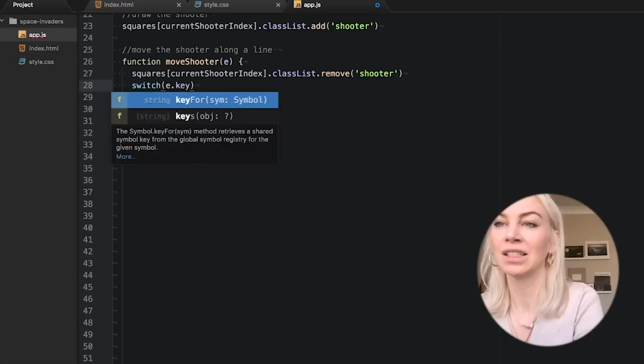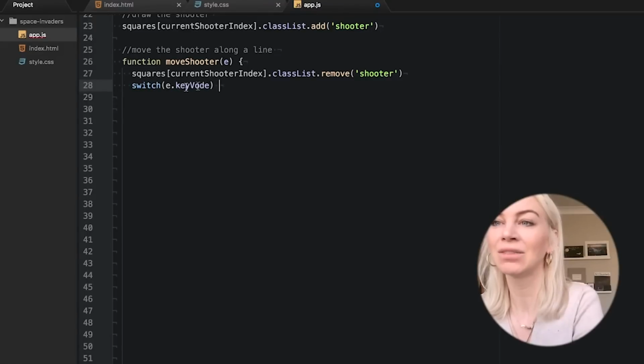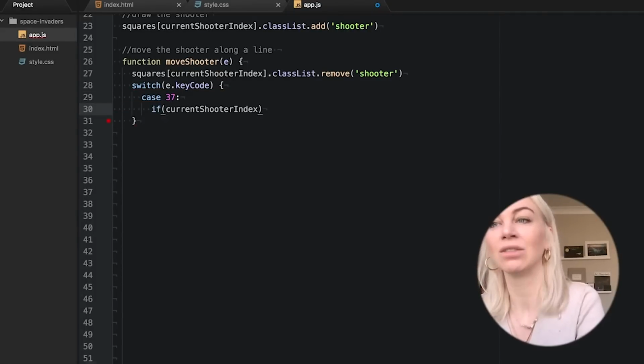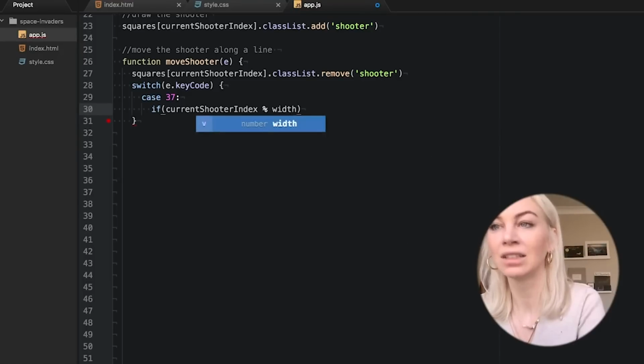Now, using switch cases, we will make a case for key code 37, or the left arrow on your keyboard, and 39, so the right. So for case 37, if the shooter's current index is divisible by the width, so 15, and leaves a remainder, it's allowed to move left.